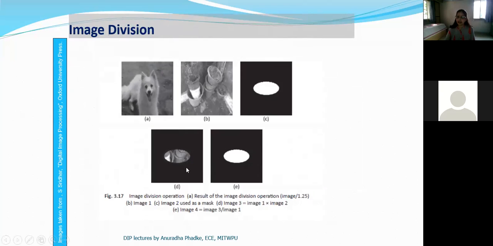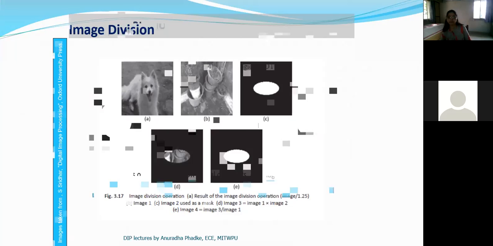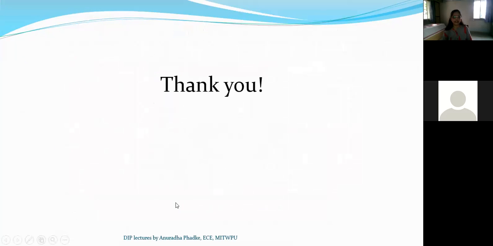So to select a certain portion from the given image, we can make use of logical operations. So these are very simple logical operations, and with these operations we have completed all point processing operations, and now we are going to start with